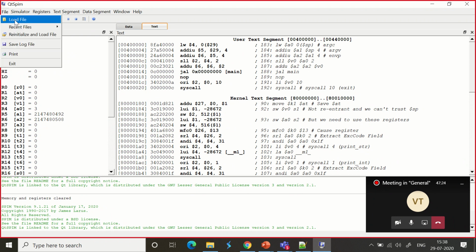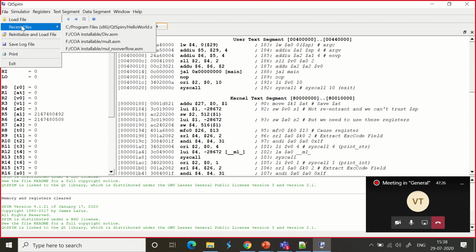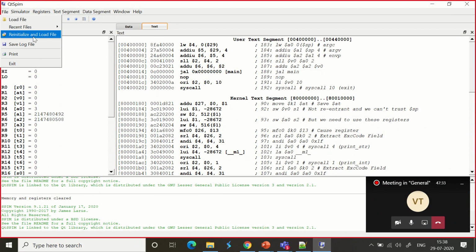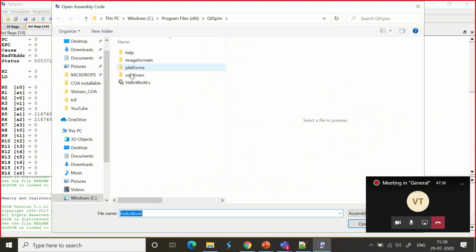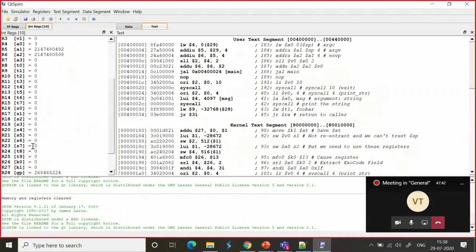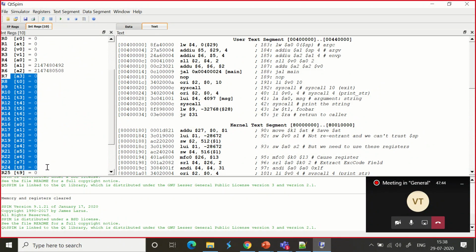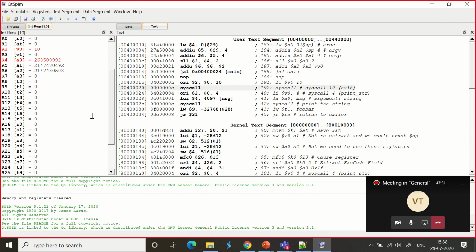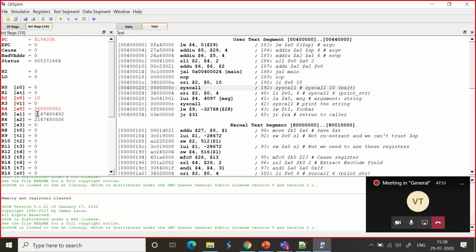So what do we do? The first option is to load the files. The second option is to click the recent files, where you can get the list of files available to be selected, and reinitialize and load. This will reinitialize everything and then load. When you click it, it will automatically reinitialize everything and load that. Now see that all the registers should be at 0, and this is the reinitialized value for the registers that we are using. When you click the run button, that should give you the output. The values will be updated only then. Till then you will have to wait.